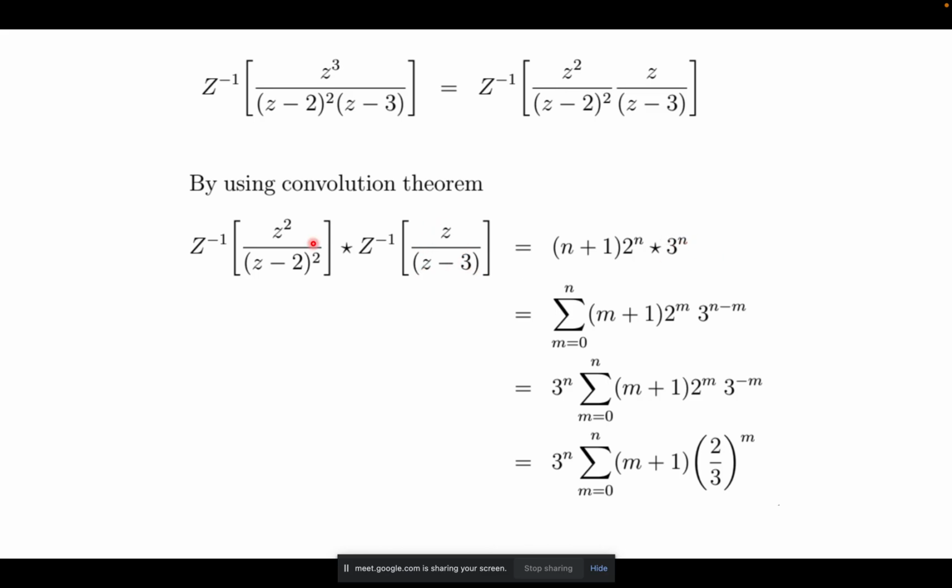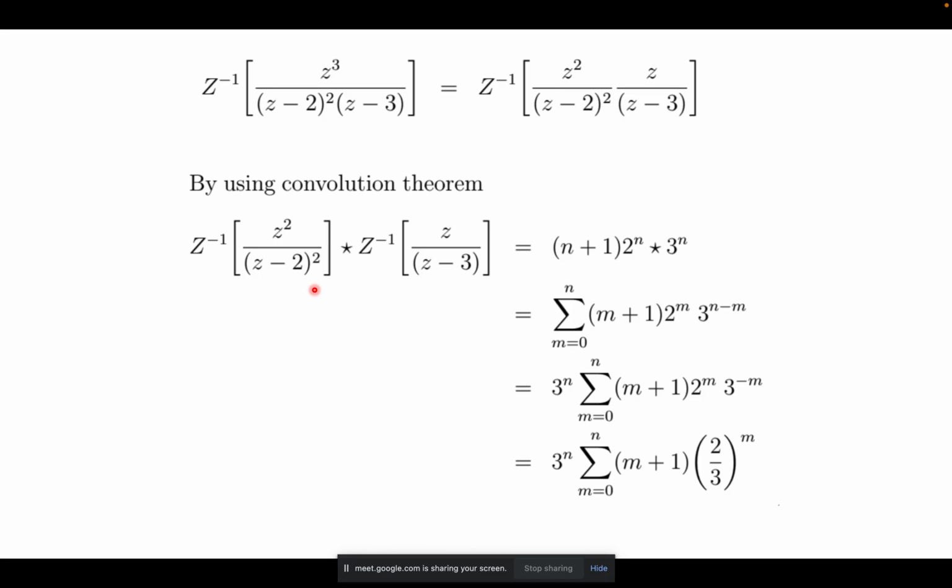So you already know the inverse Z transform of z upon z minus 3 is 3 power n. Similarly, you need to calculate the inverse Z transform of z square upon (z minus 2) whole square. In order to find this, either you can use some Z transform properties, or in an easier manner, you can again apply the convolution theorem separately on just this function by writing it as z upon z minus 2 times